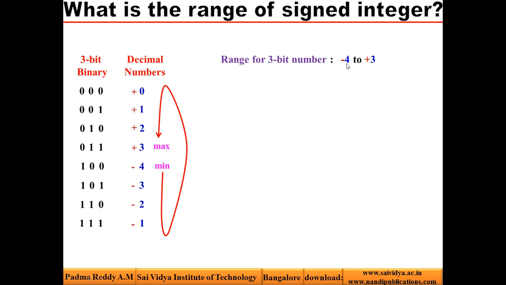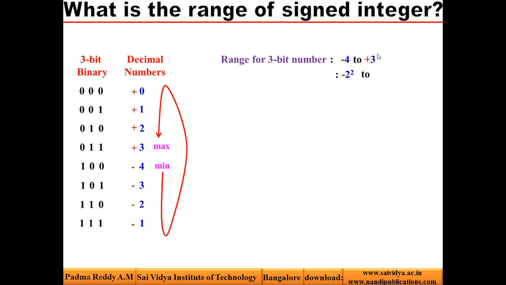Now let us express these numbers in terms of 2. Why in terms of 2? Because when I say binary number system, it is a base 2. So let me express these numbers in the form of 2. How can you write minus 4? I can write it as minus 2 square.